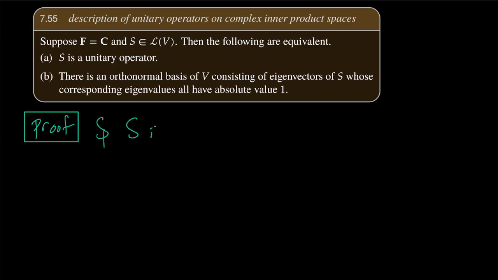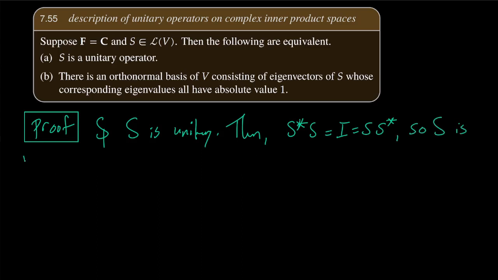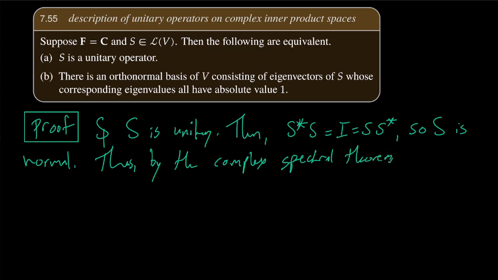So suppose S is unitary. Then S star S is certainly equal to the identity, which is equal to S S star. Oh, okay. So S is normal. Thus, by the complex spectral theorem, there exists a basis, or I should even say, just to be more clear, there's an orthonormal basis. Oops. What is going on? Oh, my color selector got messed up somehow. There exists an orthonormal basis of eigen